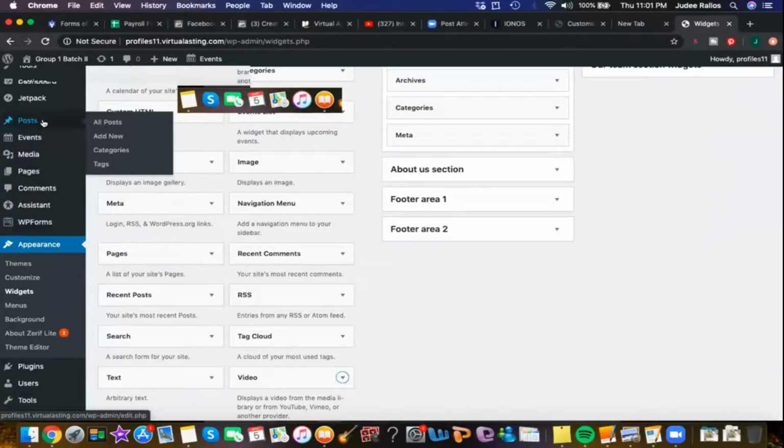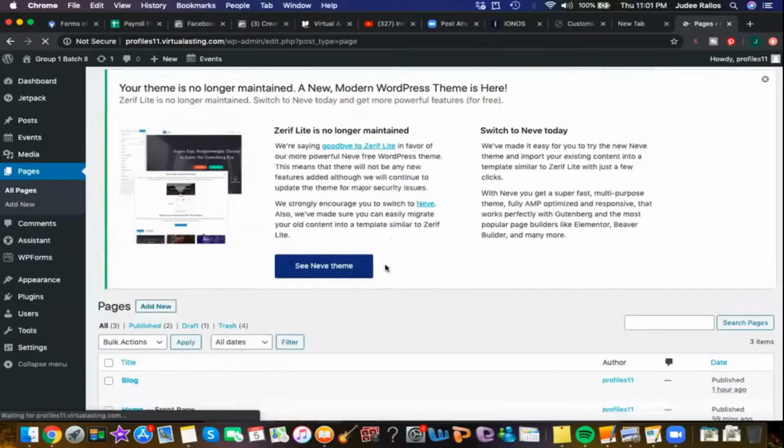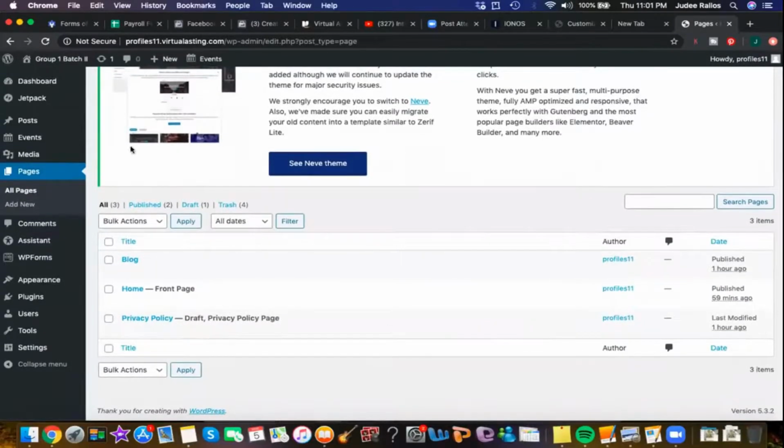Right. Okay. Now, last, so what I would want you to do, guys, is since you will have a page like this, I want you to, how do you actually share the